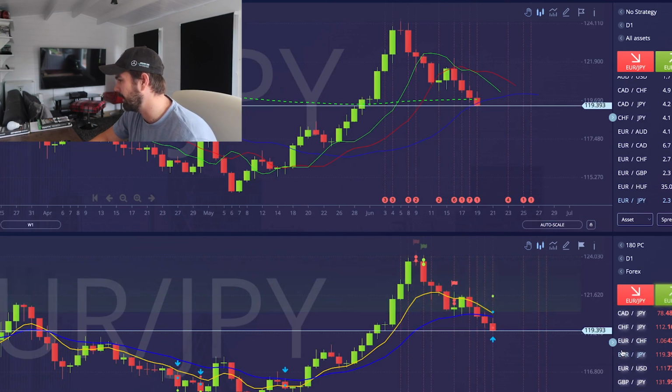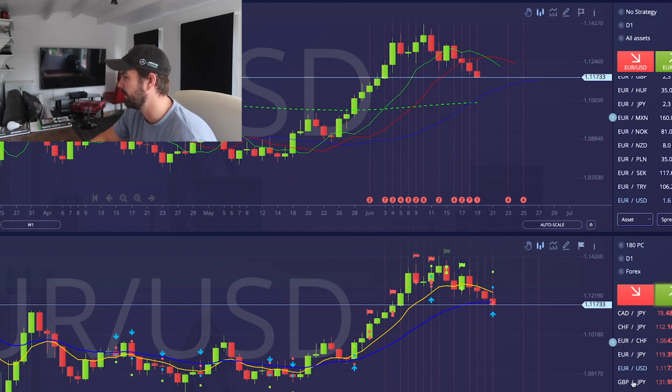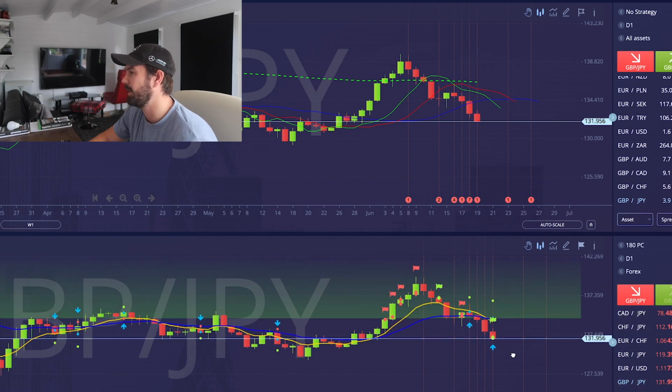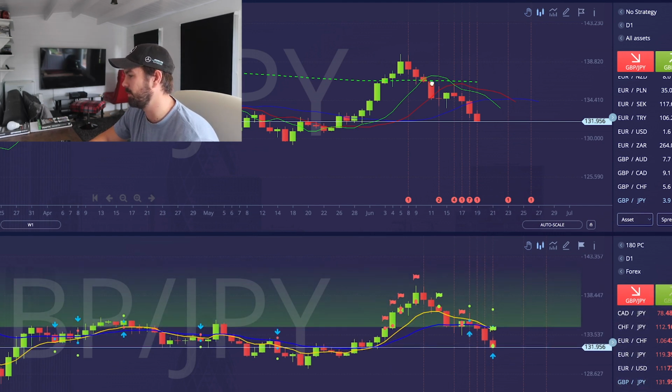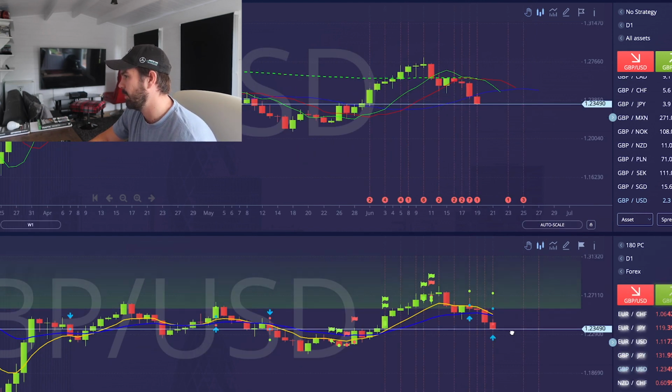Euro yen, again, not a good trade. This one has potential, but again, we're getting mixed signals. Smartcharts are saying we should buy, but the daily on the alligator indicator is showing a bearish trend, so again, I wouldn't trade it. They're not lining up. Cable, it's saying we should buy, but again, the mouth is closed and it's going towards a bearish trend, so we wouldn't trade it.